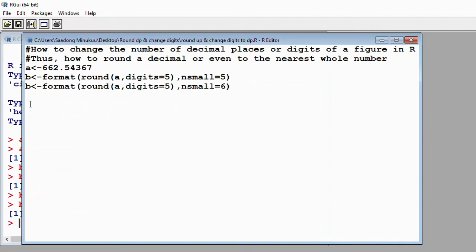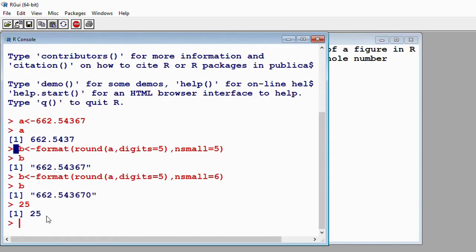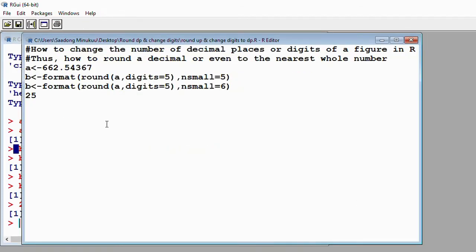Sometimes you may even have a whole number and then you want the whole number to be presented with 0.00. Assuming we want to present 25 as not just 25 but 25.00. So if I say 25, just set it the way it is, 25. If I run this, R presents it as 25, but I want R to present it in 2 decimals, meaning R will be forced to put 0.00. How do I do that? It's very simple. Simply say format,